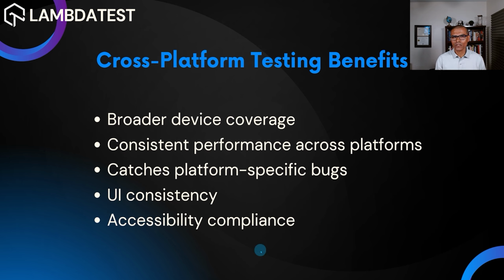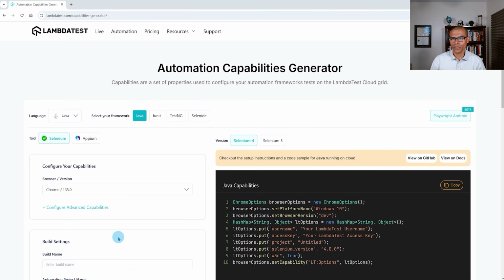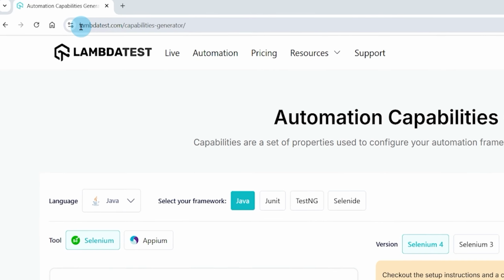Now that you know the difference between cross-browser testing and cross-platform testing, let's have a look at how we can implement these two things in WebdriverIO. And first, we're going to take a look at cross-browser testing. To get started with that, we're going to need to go to the LambdaTest website that has the compatibilities generator, or you can just do a Google search on that. So the direct URL is this one,